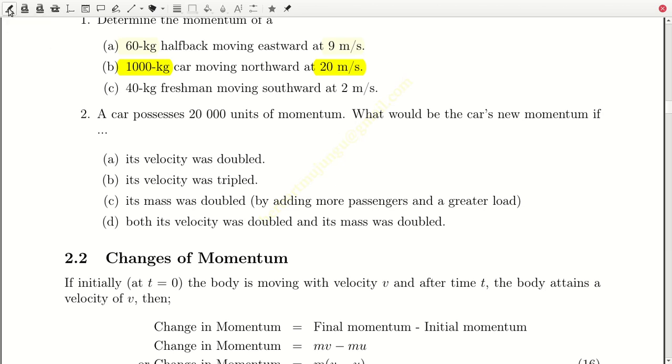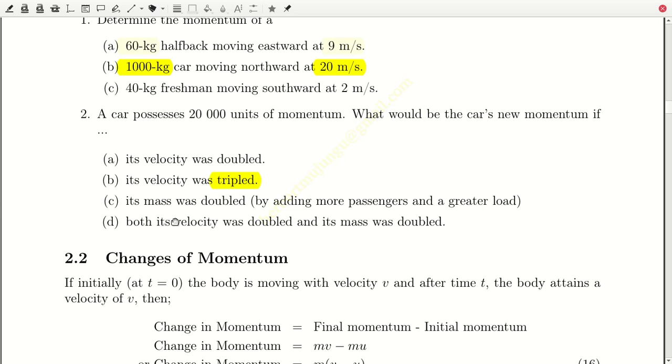If you triple velocity, it means the momentum will also be tripled, because it is just a scalar multiplication. If you multiply a scalar, that's the velocity, to the mass of a particle, you get the momentum. So if you double velocity, momentum will be doubled, whichever the case.